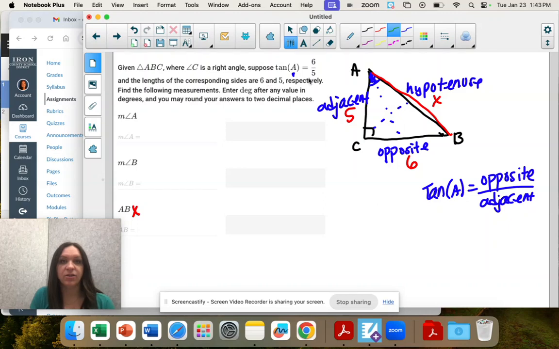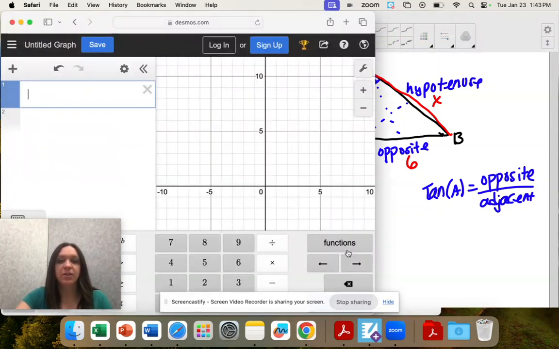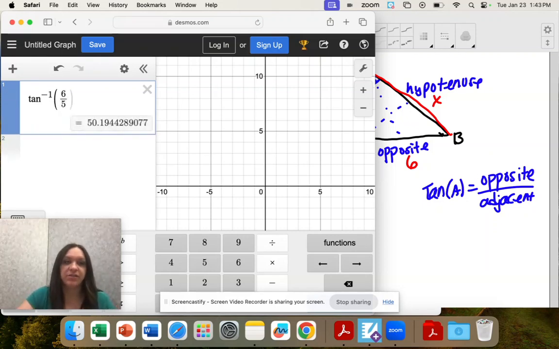First, let's start with the angle just because it's taking the inverse. So we have tangent of A is 6/5. If we want to get A by itself, we take the opposite of tangent, which is inverse tangent on both sides. So I added inverse tangent on both sides. These are opposite, they're 1. So A is equal to tangent inverse of 6/5. And that's what goes in the calculator. So functions, tangent inverse, 6/5 is 50.19